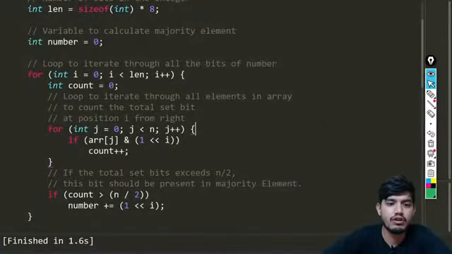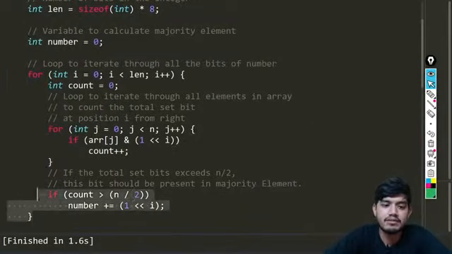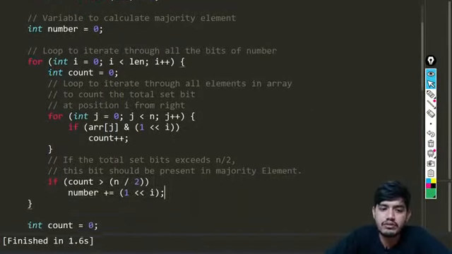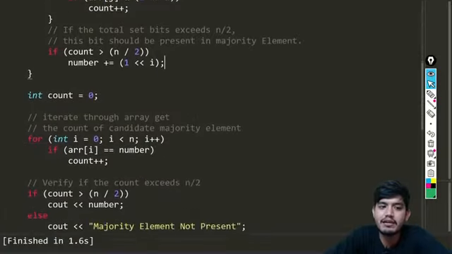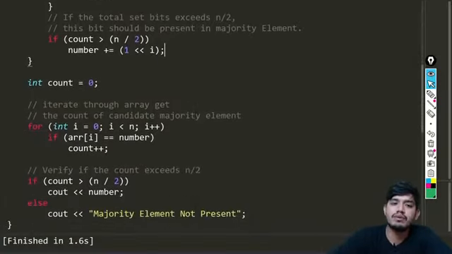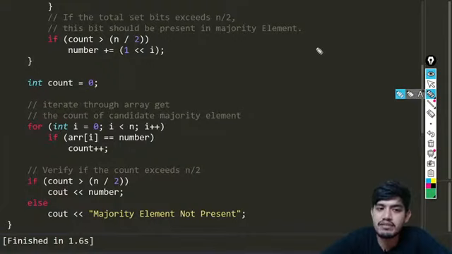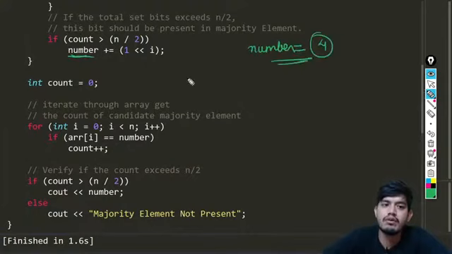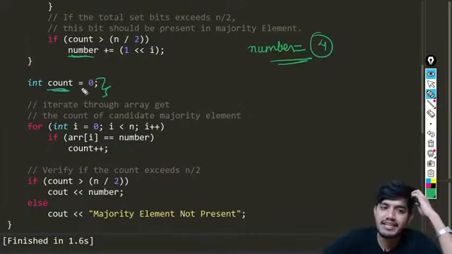So you can see we have talked about this, and now we have this count greater than n by 2. Okay, so we'll be just setting that, and again we are going to be checking. Whatever number we have got, for example in this case we have got that number to be 4, but again just to verify we are going to be running the loop and checking the values.